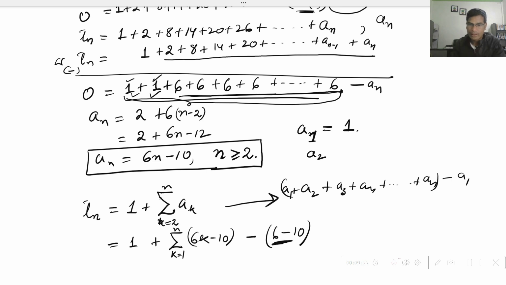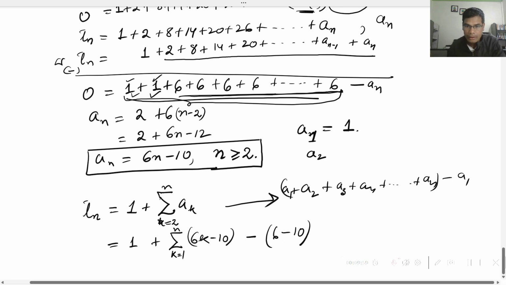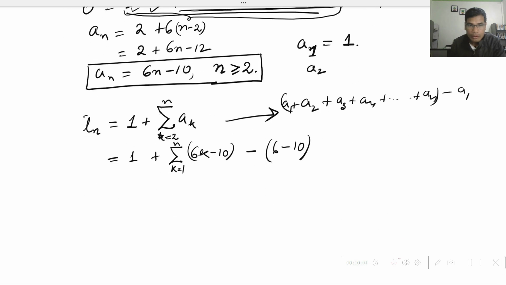So a1 is this. So this equal to 1 plus, so when k runs from 1 to n, this is equal to 6 times 1 plus 2 plus 3 up to n,